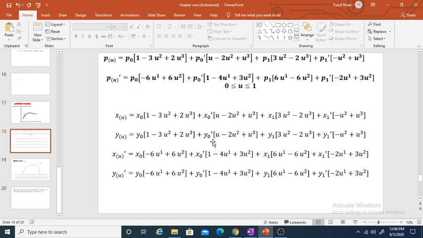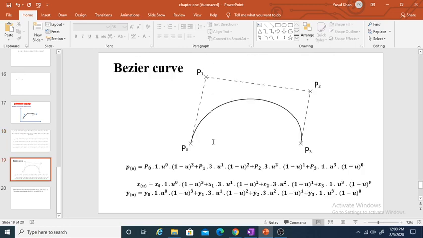So this was the equation for the Hermite curve. And the next type of curve is the Bezier curve. So Bezier curve we can construct by using start point, end point, and instead of tangent vector we have to use the control points. By using control points we can construct the curve. The control points may be 1, 2, 3, 4. As we increase the control points, we can control most precisely the curve's shape.